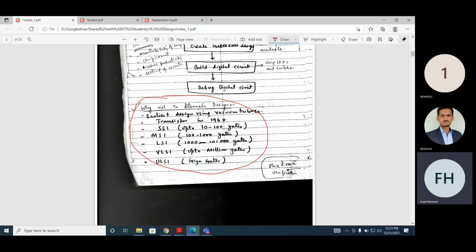Then the transistor came in 1960, and then we have different types of integrated circuits. One is SSI, small scale integrated circuit, and a chip can contain 10 to 100 gates. Then we have medium scale integrated circuit, and the range of these gates was from 100 to 1000. And then large scale integrated circuit.